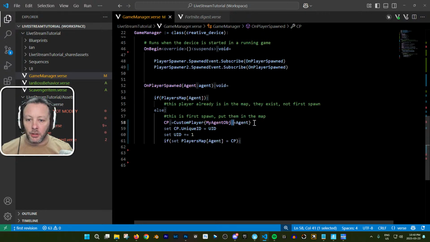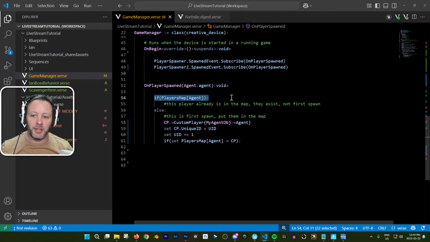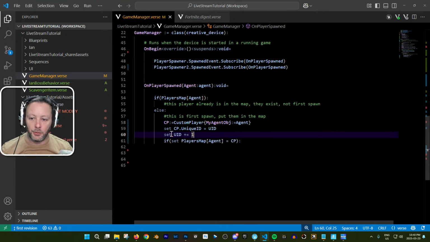Okay, so if they're not in here, meaning, when you're making games, people usually get eliminated and stuff like that for whatever reason, and they'll respawn into the game. So the spawner will react while they respawn on the spawner. Do you want to do anything with them? In some cases you might, but in our case we do not. So we're just going to give them a unique value, and then up that value. It's set in the game manager. It's a unique value that'll be going up by 1 for every player that comes in. And then we just set them into the player's map